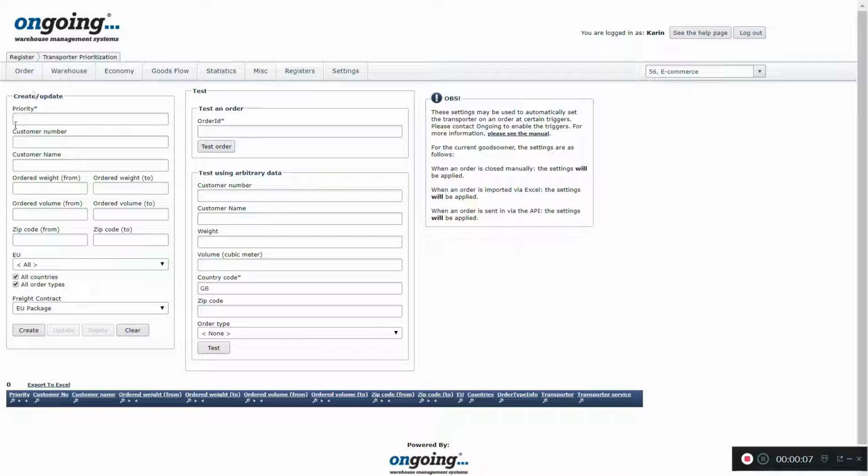And to your left, you have a box for creating the rules, and to your right, you have a box for testing. So I'm going to create an example where I have 4 different services. I'm going to have one for packages in Sweden, one for pallets in Sweden, one for EU orders, and one for worldwide. And I start with my Sweden orders, and I'm going to have priority 100. And I'm going to explain priority a little bit more later, but for now, you start with the rules that you have the lowest priority for,